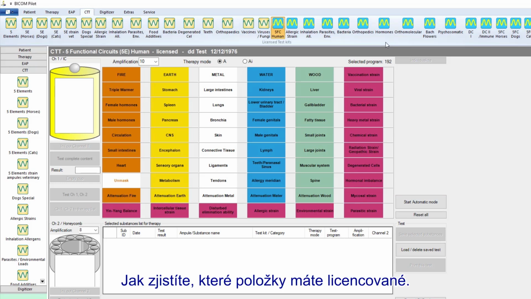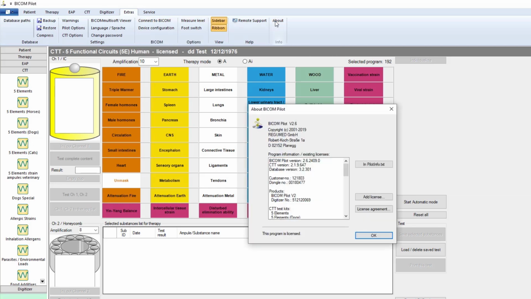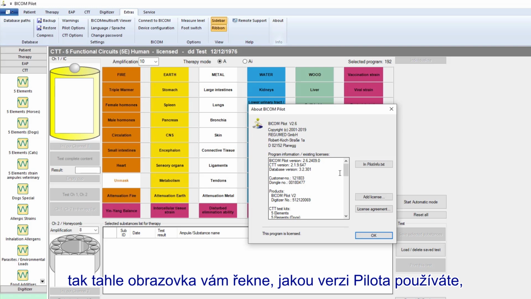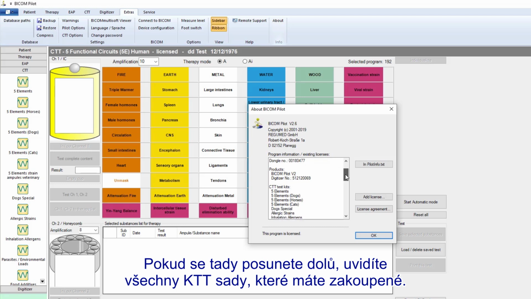To test what items you have licensed and that your codes are working correctly, go to Extras and About. This screen tells you what current Pilot version you're on, your customer number and your dongle number. These obviously need to be in correctly, or you will be in demo mode anyway. But as you scroll down, it will show you all the CTT test kits that you have